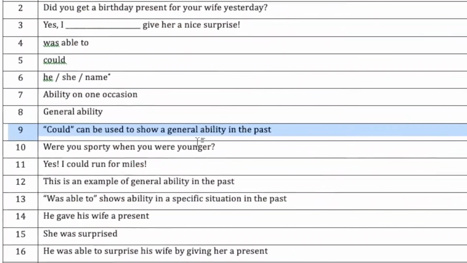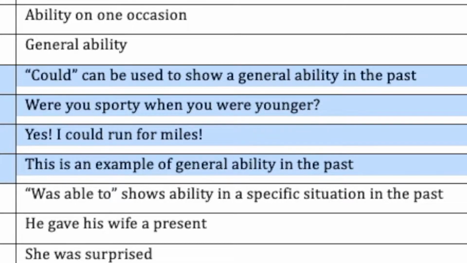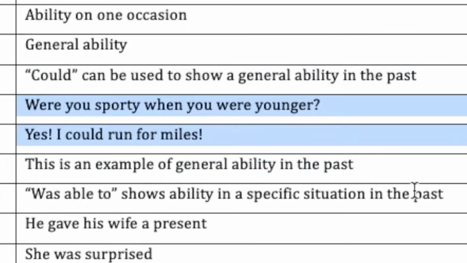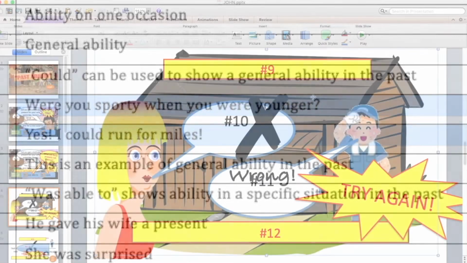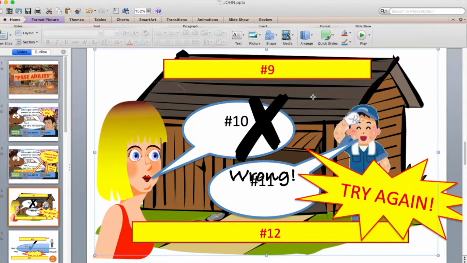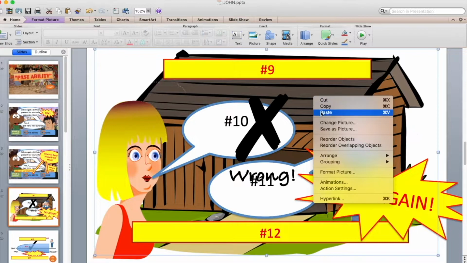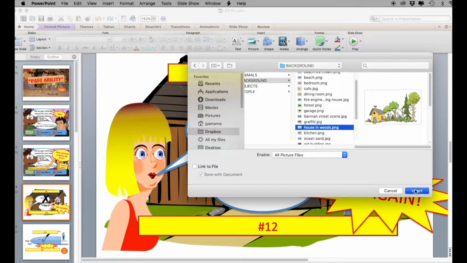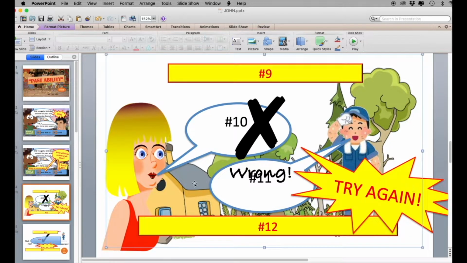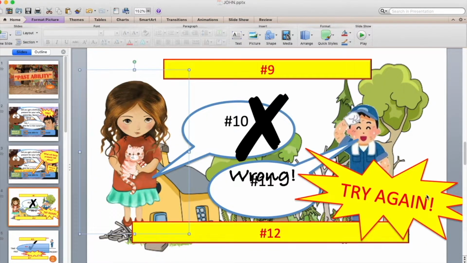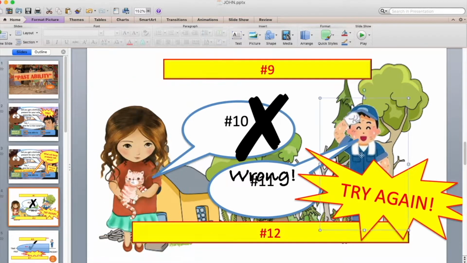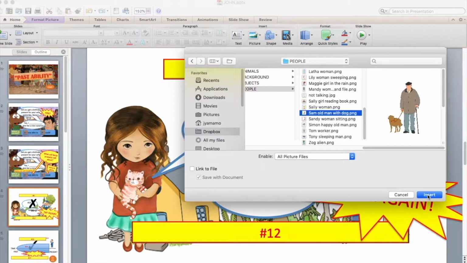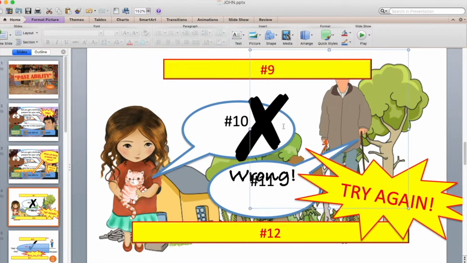And if we take a look at the text, we can see the items that will be going into this slide, and particularly the 2 that show what's going to go into the speech bubbles. So checking the sequence of the presentation and the dialogue that's going to be in it, that helps me to choose the right kind of background and characters and so on. So I've got a kind of country cottage for the background, and I'm going to put in a little girl for the left-hand character. And for the right-hand character, well, an older man.